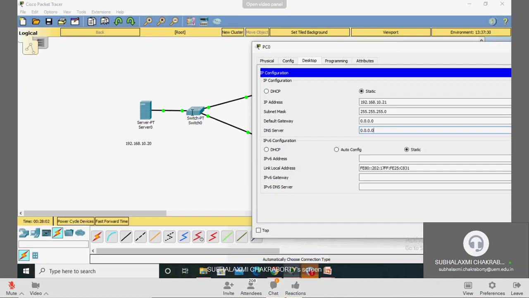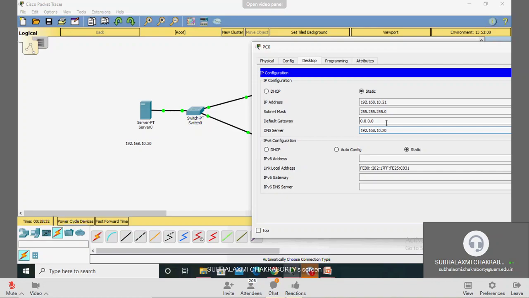But for the DNS server, what is the IP of this DNS server? It will be 192.168.10.20. Okay, so IP is given. If you click here, the subnet mask will come. Then you just leave the default gateway as it is, and the IP that is already given for this DNS server, you will write that here. Okay,